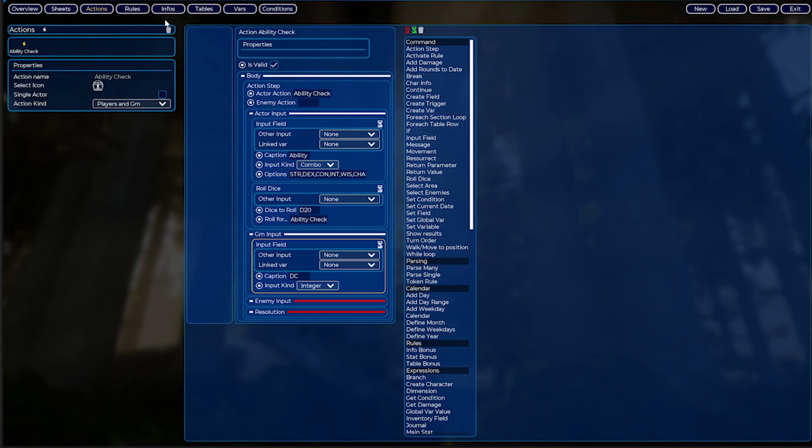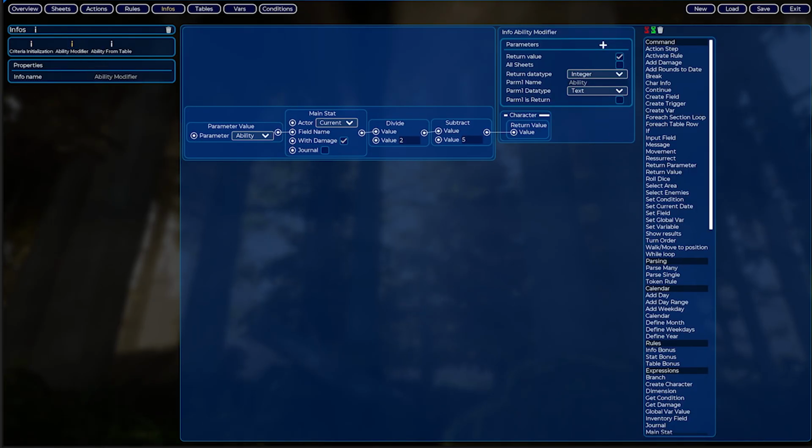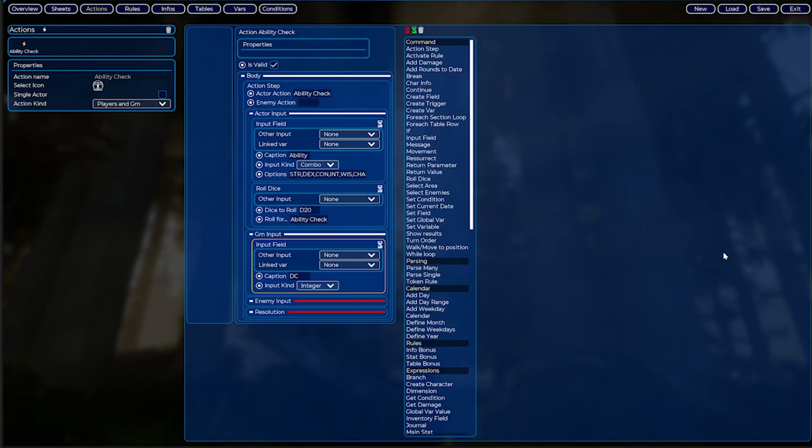You may remember that we created an info called ability modifier, this one. And this returns the ability modifier based on a parameter called ability. Back to our action. How can we use that information to call that info? What do we need to do? We need to know if the roll dice added to the ability check info modifier is greater or equal the